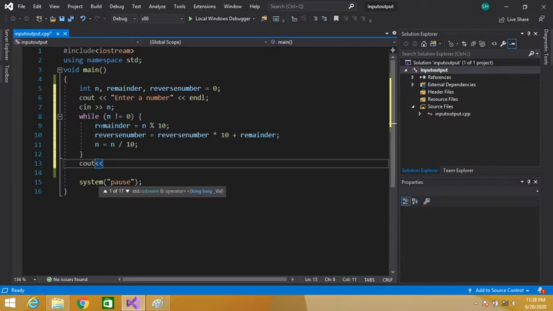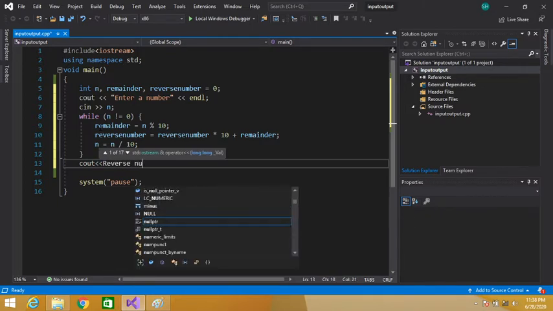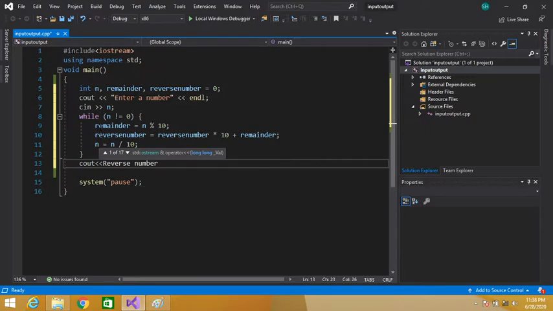cout, "Reverse number is". You have to use double quotes, otherwise it will be a syntax error.